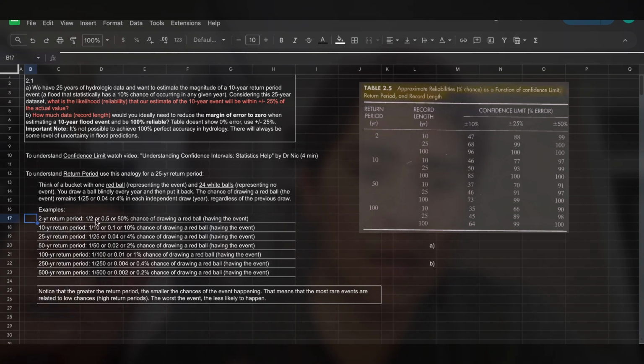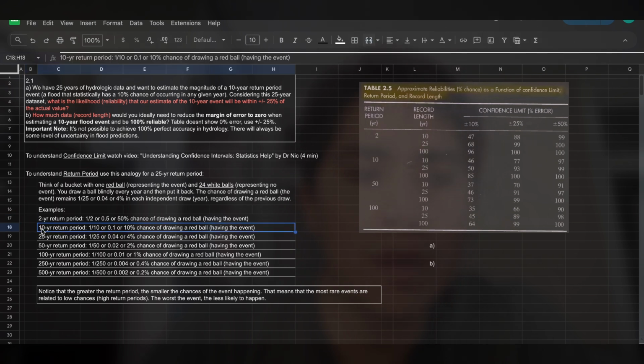So there is a 50-50 chance that you will get the red ball. So it won't happen every 2 years, but the chances that it will happen are pretty big because there are only two options. So in a 10-year return period, you will have one red ball, which means the event, and nine white balls. So if you try to draw a ball from the bucket,